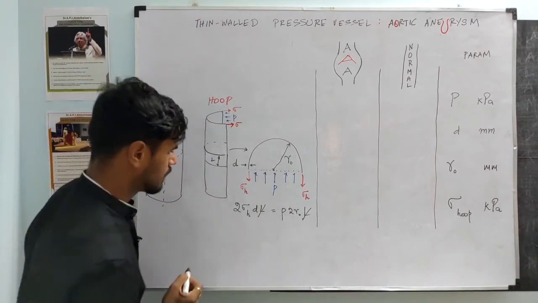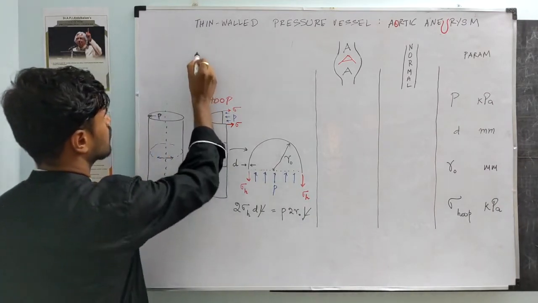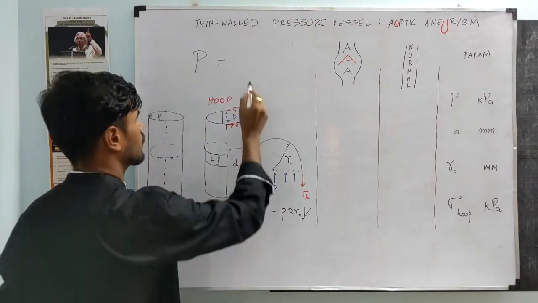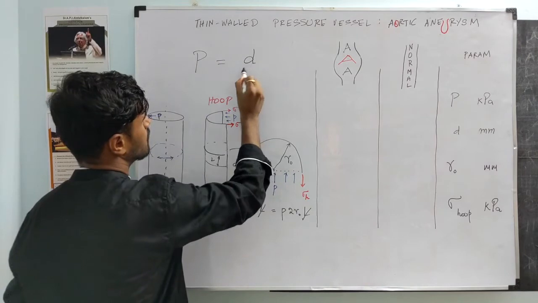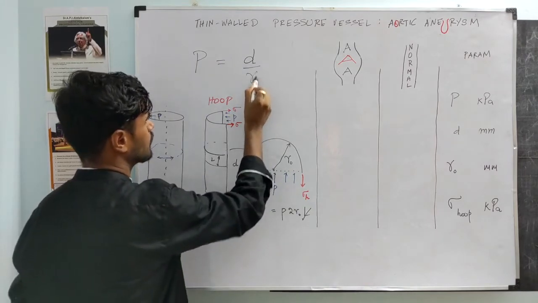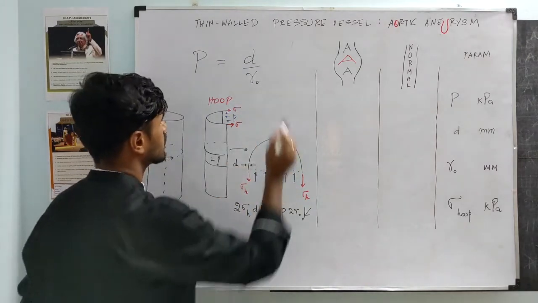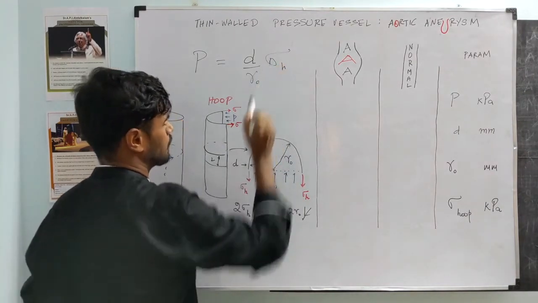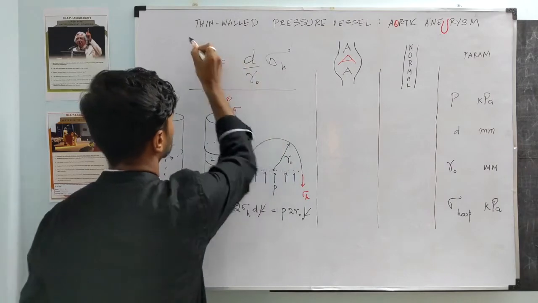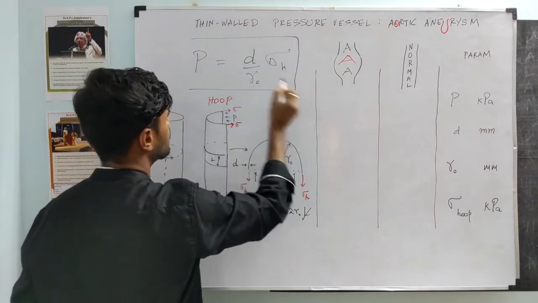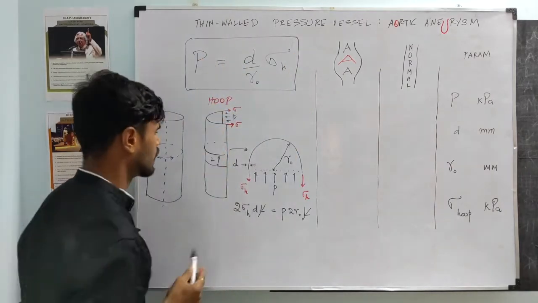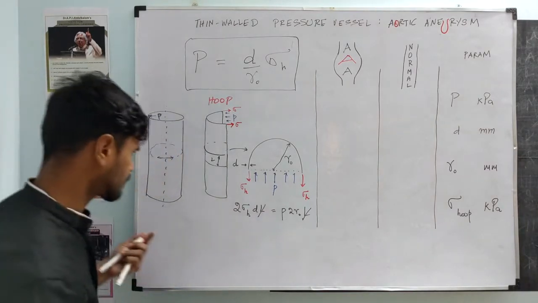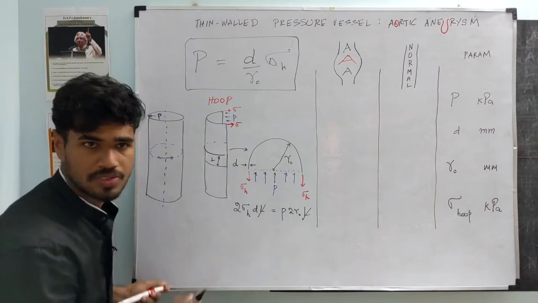And what we end up getting is the pressure inside the blood vessel is equal to the thickness of the blood vessel divided by the radius of the blood vessel times the hoop stress sigma h. With this, let's go and study a normal pressure vessel. Let's approximate a normal blood vessel using a cylindrical tube, a long cylindrical tube,